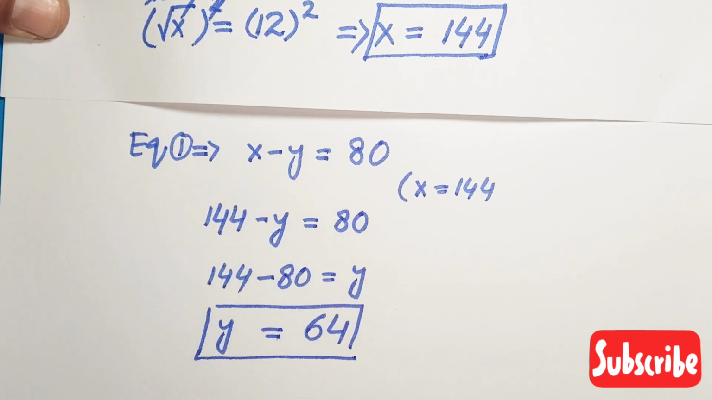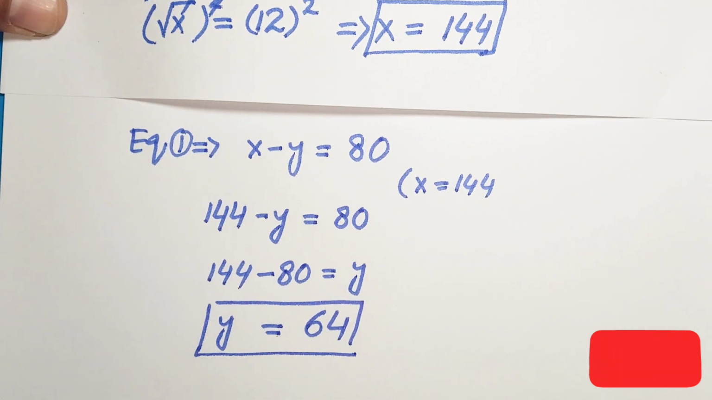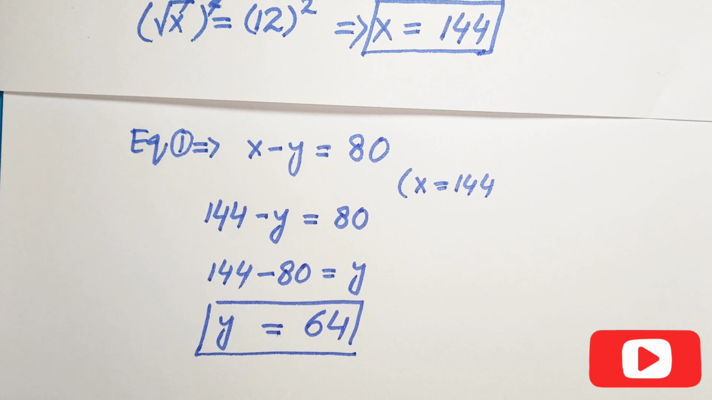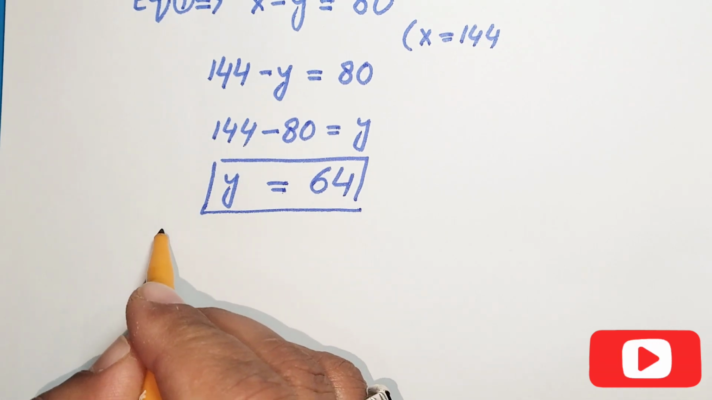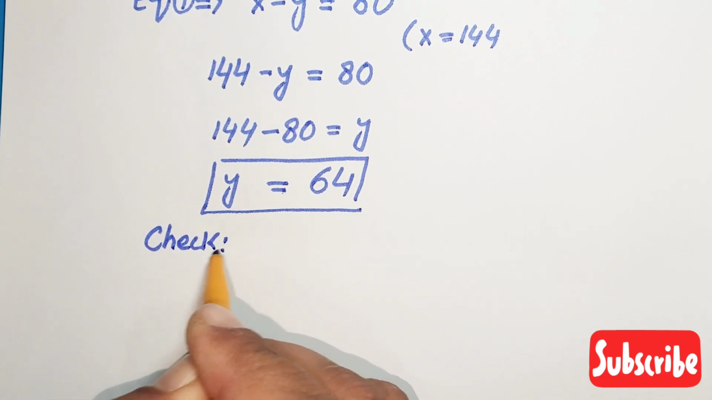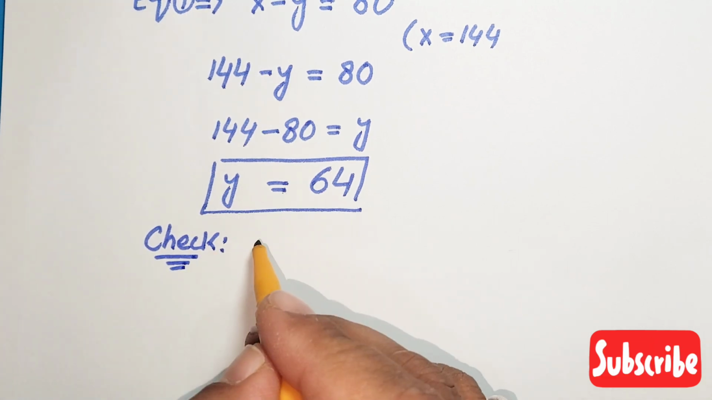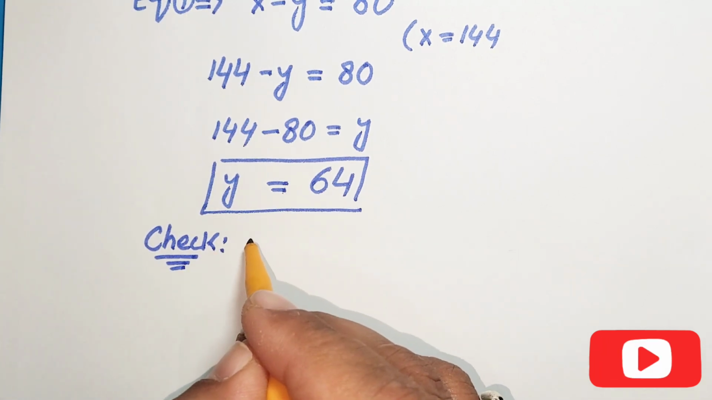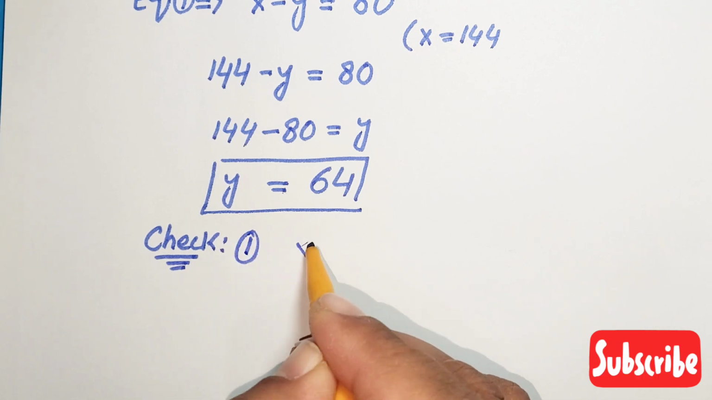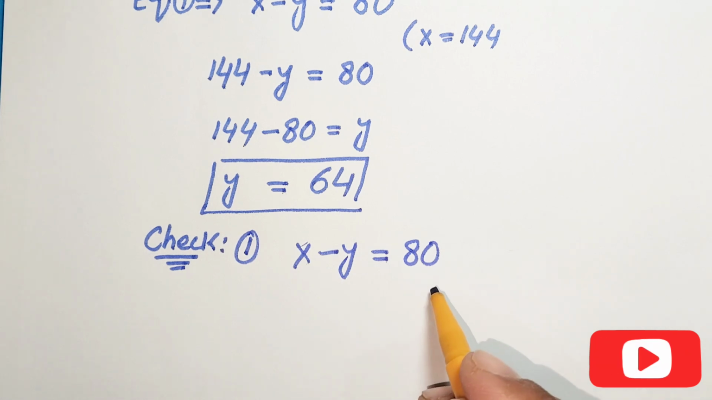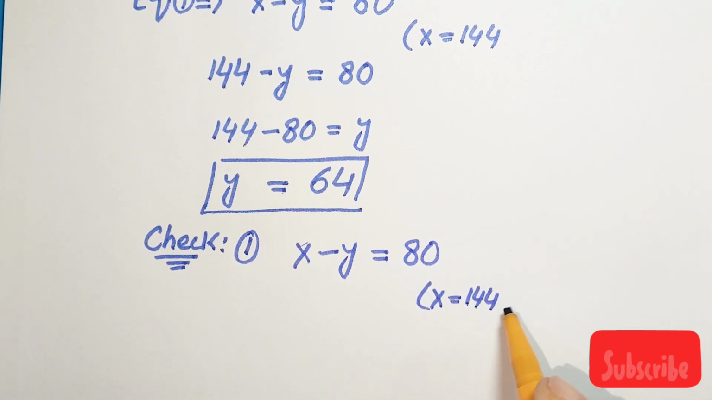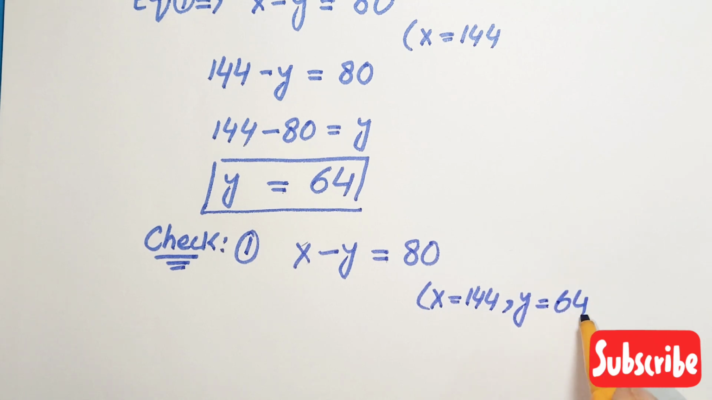Now we have found the value of x and the value of y. So we should check our result by putting these values in our equation 1 and equation number 2. So now let us verify our result. For this purpose we are going to write our equation number 1 and then the second. Using equation 1, which is x minus y is equal to 80, here we have x is equal to 144 and y is equal to 64. Putting these two values, then we get